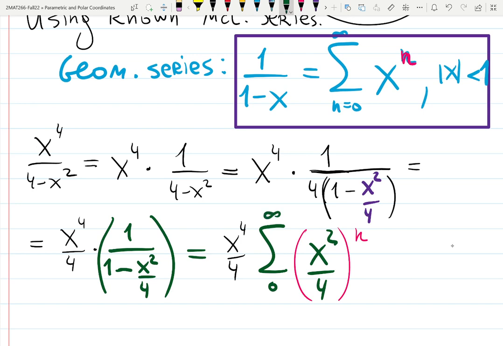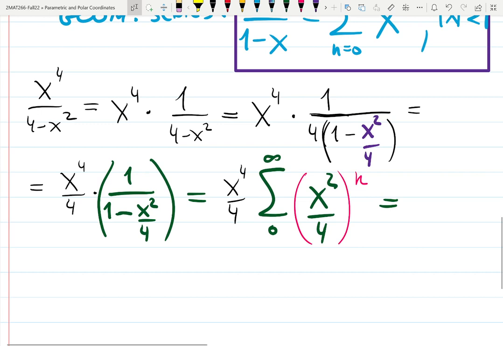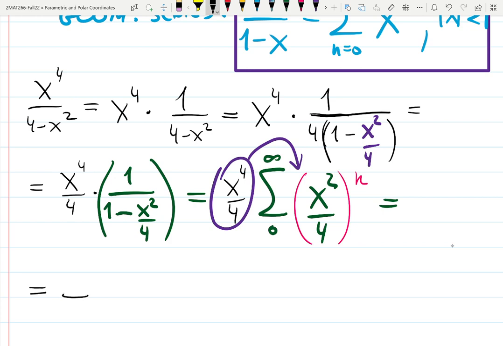Sometimes people skip writing n equals 0 to infinity, but you will see it in upper level classes. People skip it. Now, distribute x to the 4 over 4 into the sum. It's a sum, so let's just multiply by this term. We are almost done. It's a sum, x to the 4 over 4 times x squared over 4 to the n, from 0 to infinity. This is a good answer,